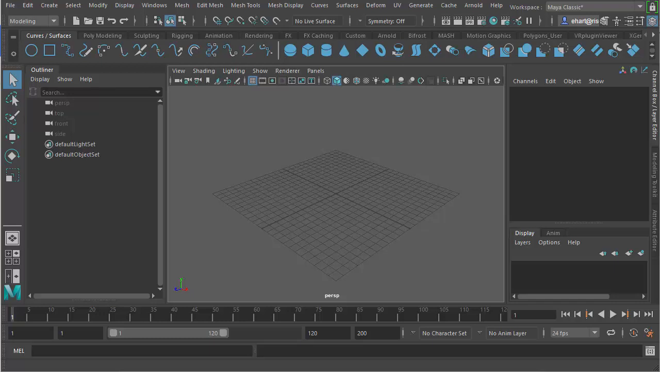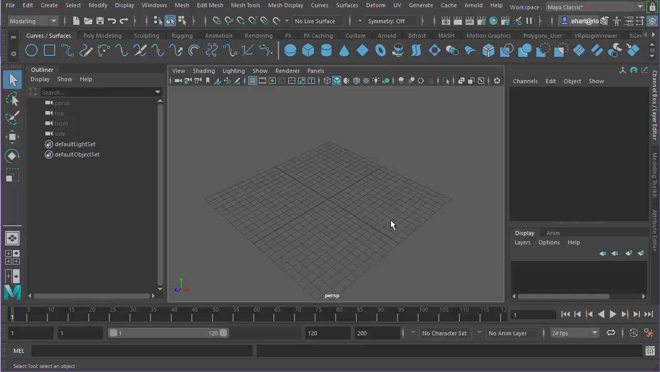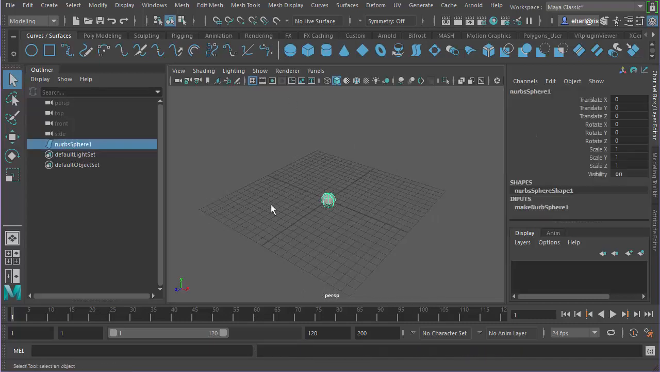This demonstration will cover the basics of doing animation in Maya. I'll demonstrate the techniques involved with creating a ball bouncing animation. I'll start with a simple NURB sphere,